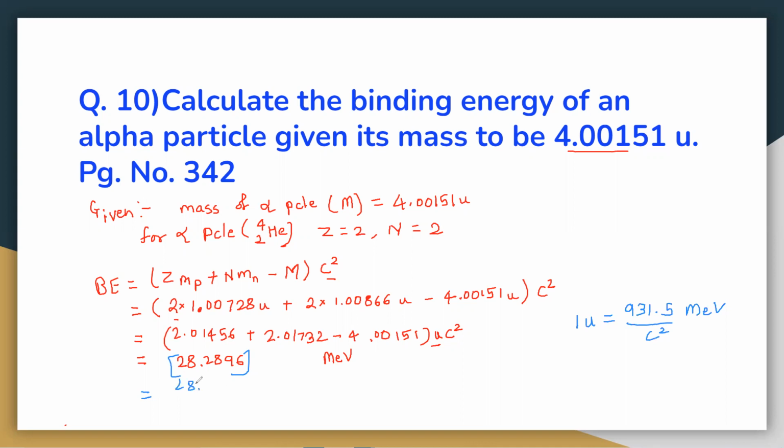It is nothing but 10 raised to 6. And 1 electron volt is nothing but 1.6 into 10 raised to minus 19. So this way you will get the answer in terms of joule,